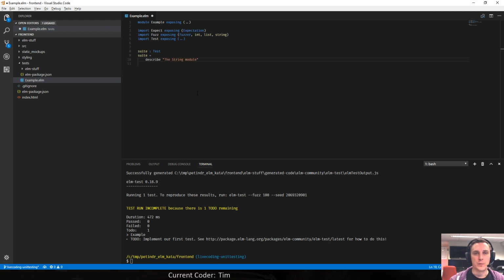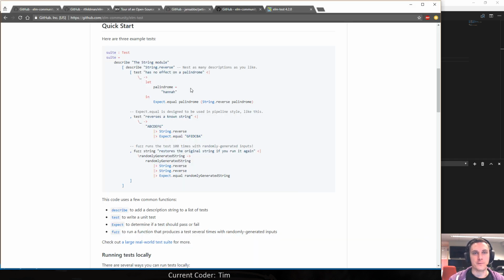You want to layer or nest your tests within something that makes sense to you. So in our case, or in this example, we want to be testing the string module. Now, what is in the string module? Well, there is going to be a function called string.reverse.